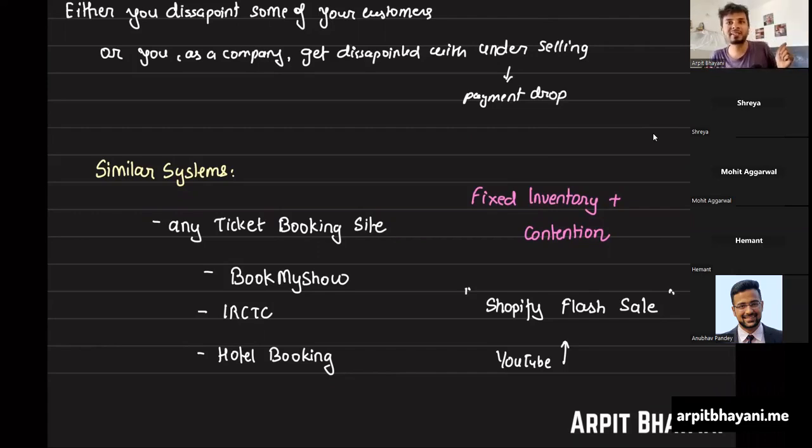Now you know how to build a system. You know the different components you needed. You know the low-level details of it. The same thing goes with IRCTC Tatkal booking. A lot of people try to book train tickets on that portal. Fixed inventory, contention, locking. Payment unsuccessful, you mark seats available for other people to purchase. Simple. Then hotel booking, travel to destination, people, fixed set of rooms, fixed inventory, contention, locking.